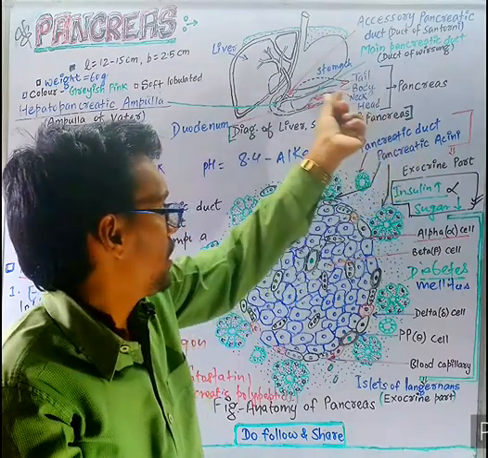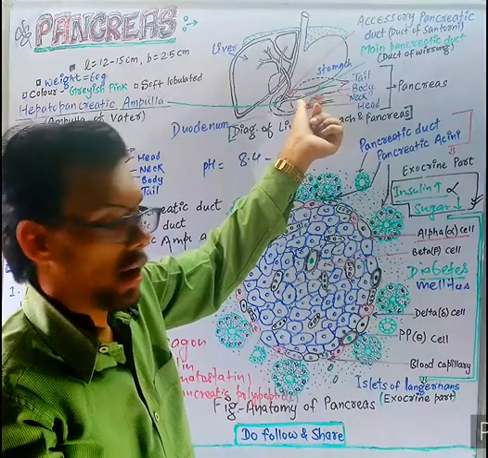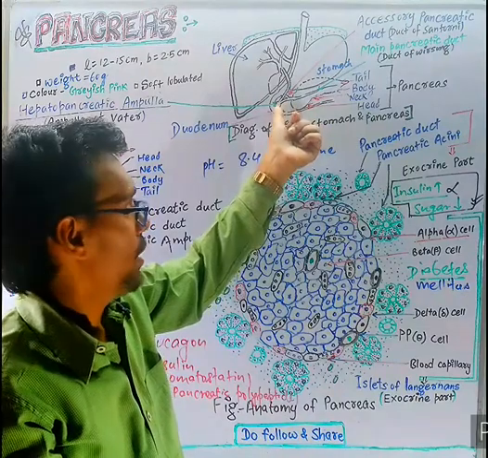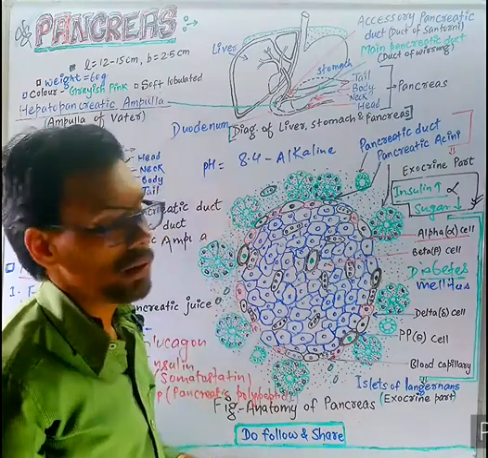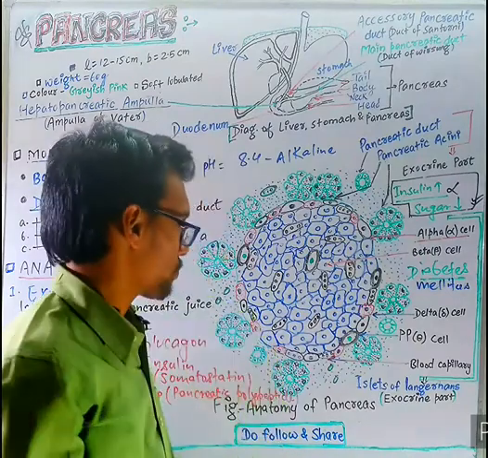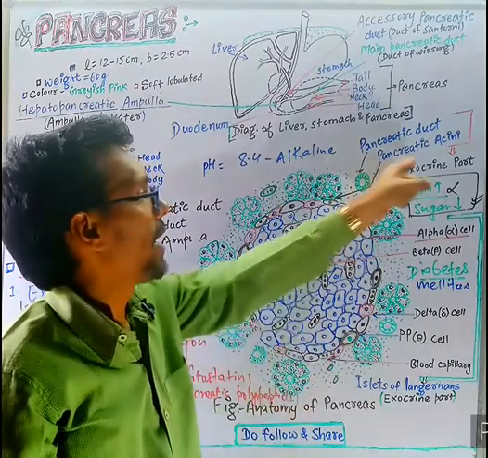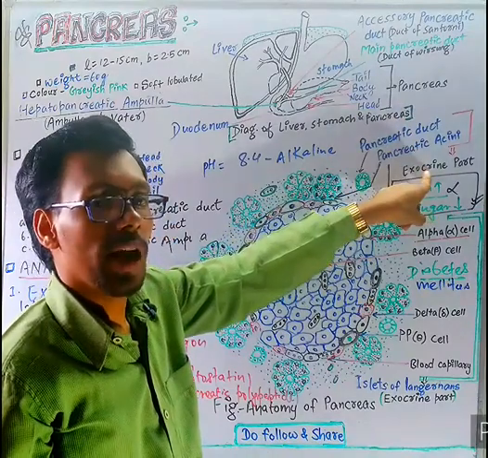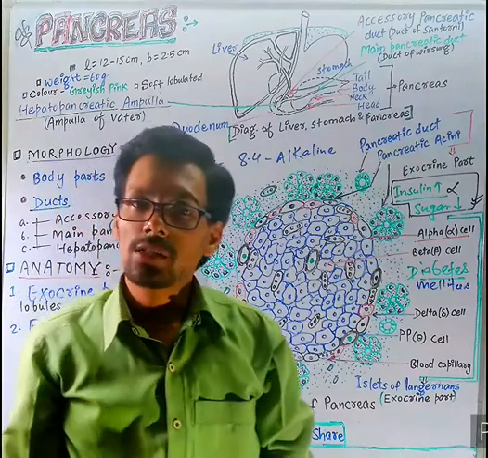That pancreatic duct continuously forms the main pancreatic duct, and through the main pancreatic duct the pancreatic juice comes out into the duodenum, the intestinal position, where reactions take place. In this pictorial, the pancreatic acini and pancreatic duct together are called the exocrine part. The pancreatic acini secrete a juice called pancreatic juice.